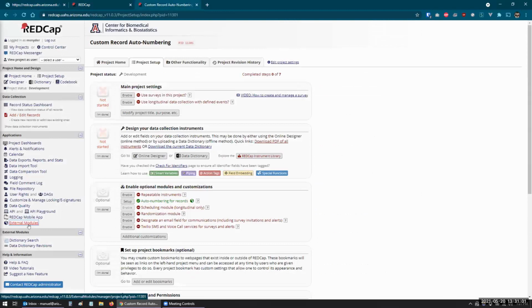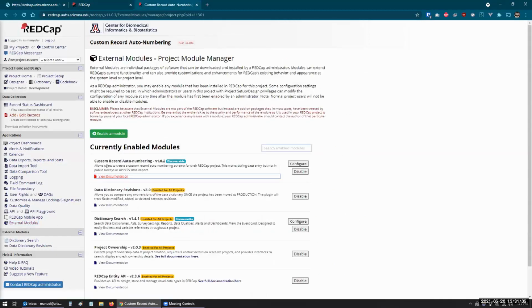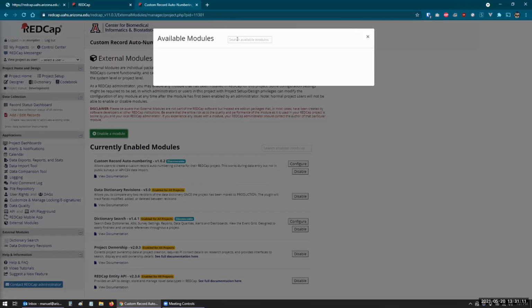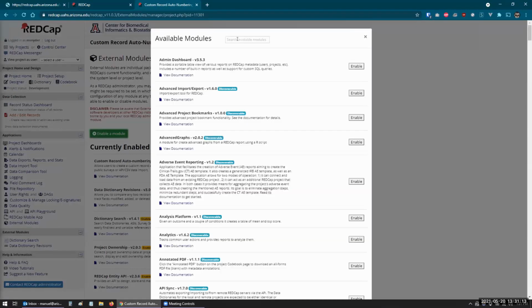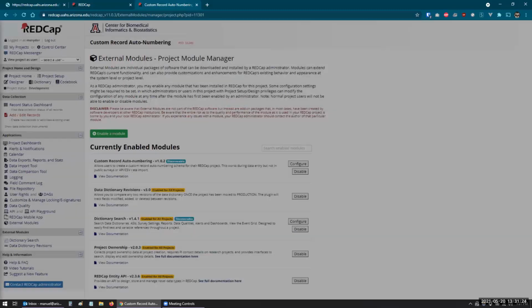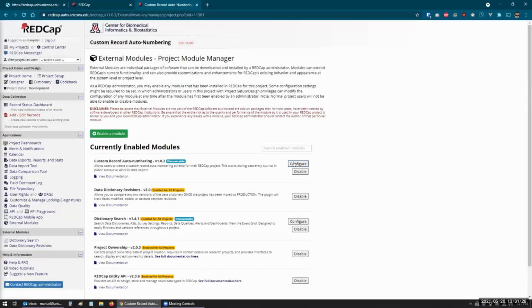So we would just go to the external modules here, and I already have it enabled here. But if you don't have it enabled, you can just click on enable a module and type up here when this list loads. If you type custom or auto or record number, it'll filter to that, and you'll see it here and it'll display, and then you just click enable and it shows up. So once it's enabled, you click configure,